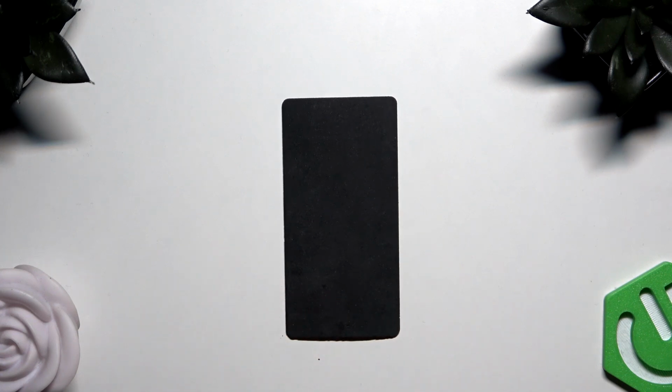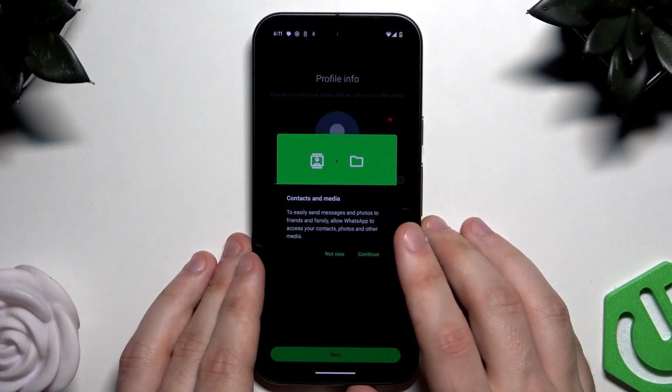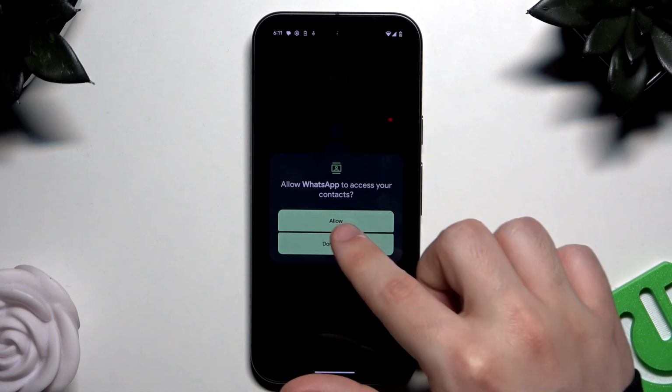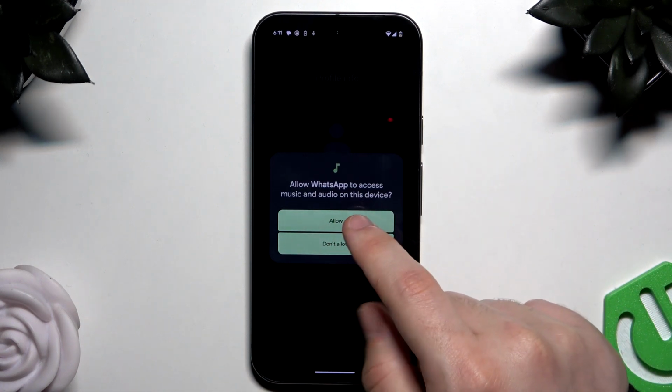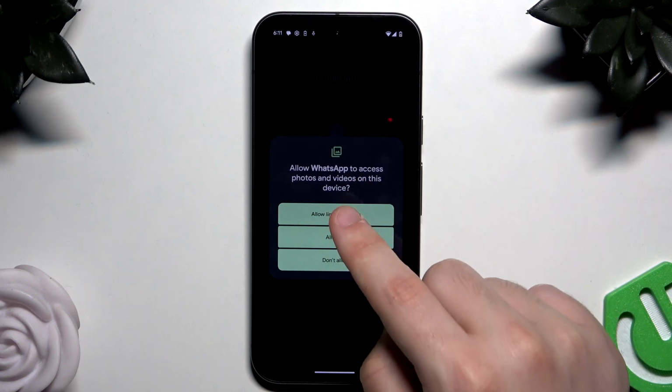Okay, and once you have verified your phone number, you will have something like this, contacts and media. In here, simply click on continue, click on allow to give access to contacts. In here to access music and audio, and here to photos and videos, you can click on allow limited access